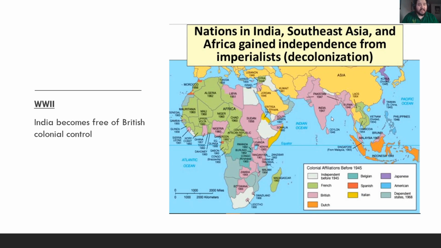We see India become free of British control, and that has other implications in the region because we have this partition of India into India, Pakistan, and Bangladesh, and that leads to other issues in the north of India, in Kashmir and Pakistan, between this kind of Muslim north in Pakistan and wanting to join or separate from the Hindu majority country, and there's a lot of other issues that happen here. All right, well, we'll talk about that in the next video about exactly why these boundaries and issues happened.